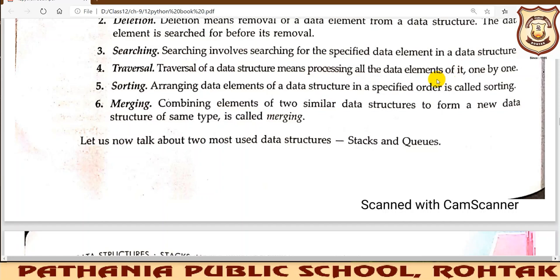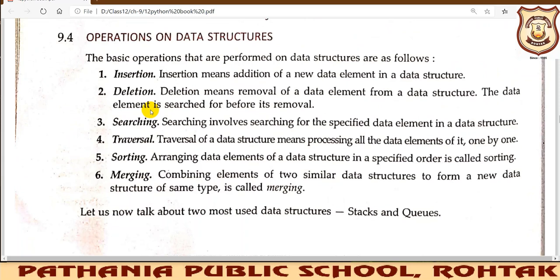Okay, like when I am taking attendance, what I am doing is processing the students. Similarly, we have to read the data once by means of this traversal process. Okay, processing is just reading the data elements that are present in your stack, or queue, or linked list, or trees, or graphs, or anything else, right? So these are all data structures, and all these operations are valid on any of the data structures. I am just discussing more about stack because that is in your syllabus that we have to cover next. So that is why I am focusing on stack only. Otherwise, all these operations are valid on any data structure you have chosen to store your data.